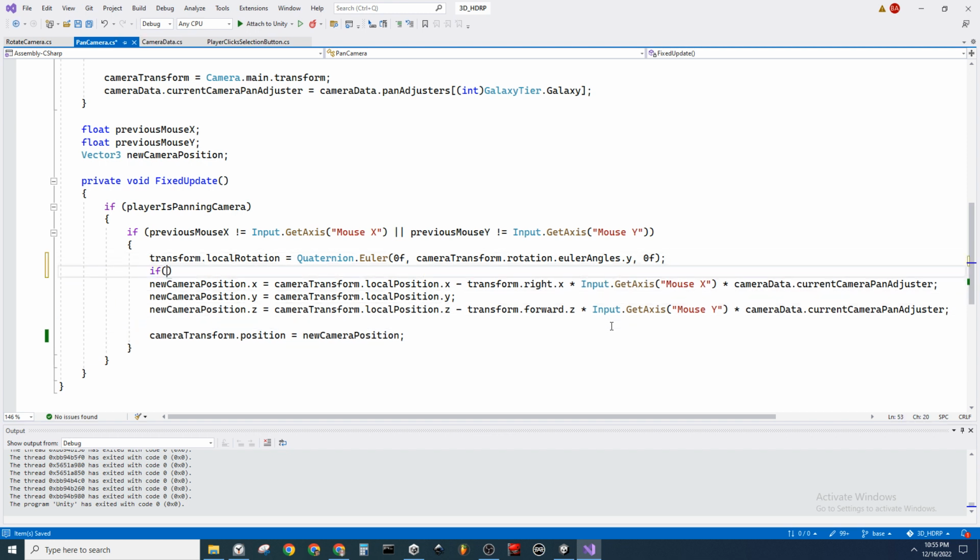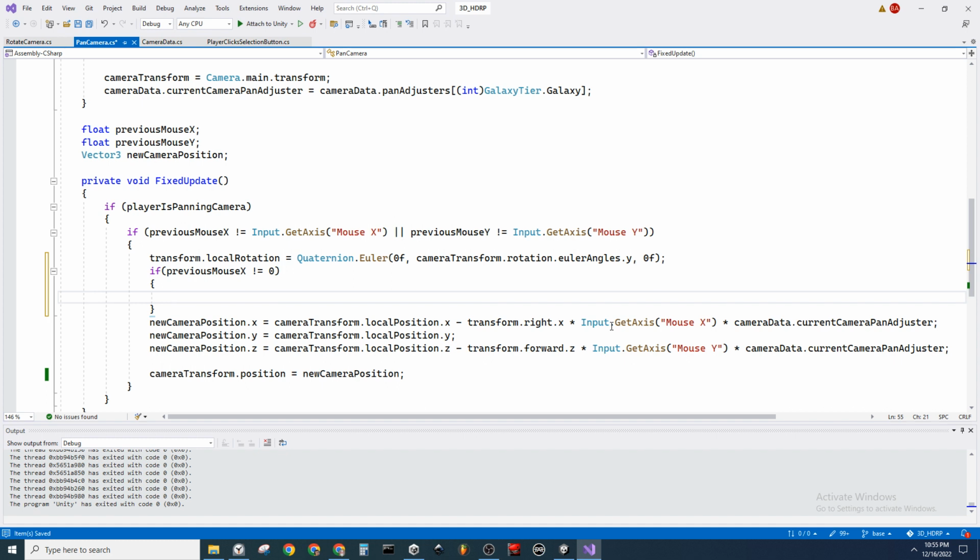Okay, so if previous mouse X is not equal to 0, then new camera position needs to equal camera transform dot local position dot translate. Excuse me, it won't let me do that. Dot translate